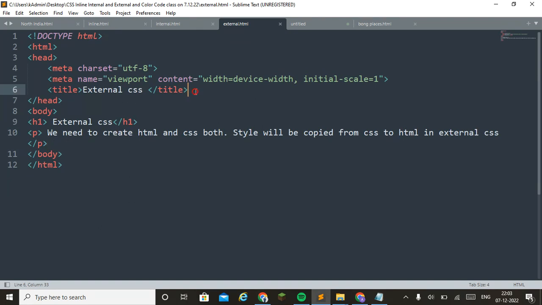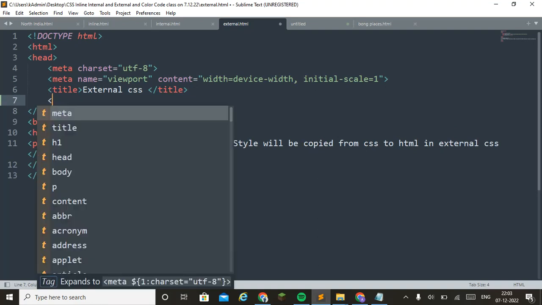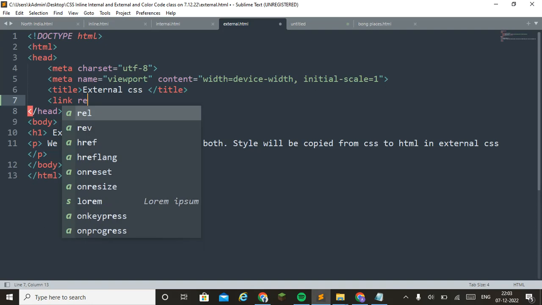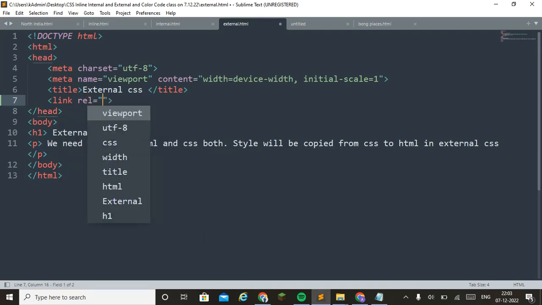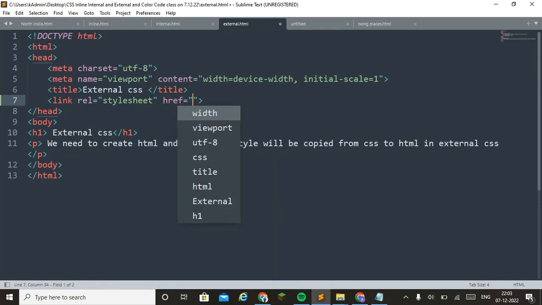We have to give within the head tag link rel="stylesheet", href="mystyle.css". So link relation style sheet means we want to relate with the style sheet, and href means hypertext reference with the CSS page.